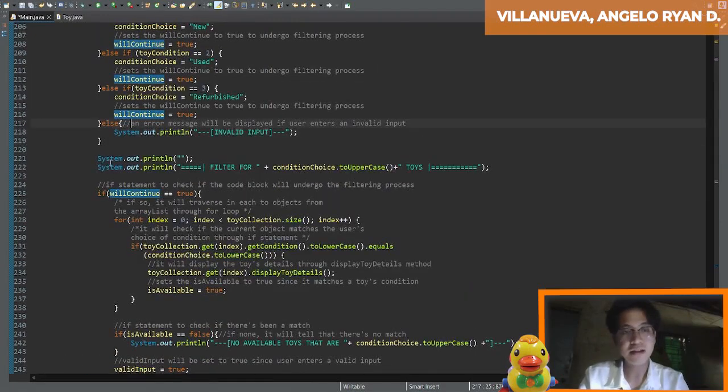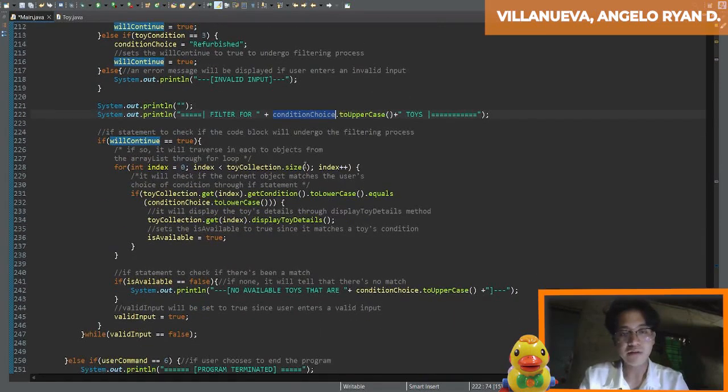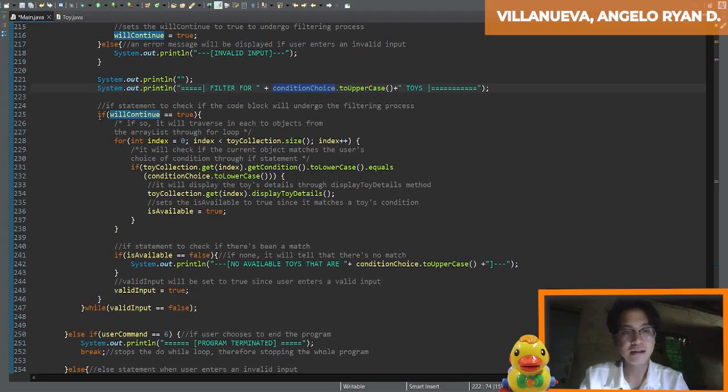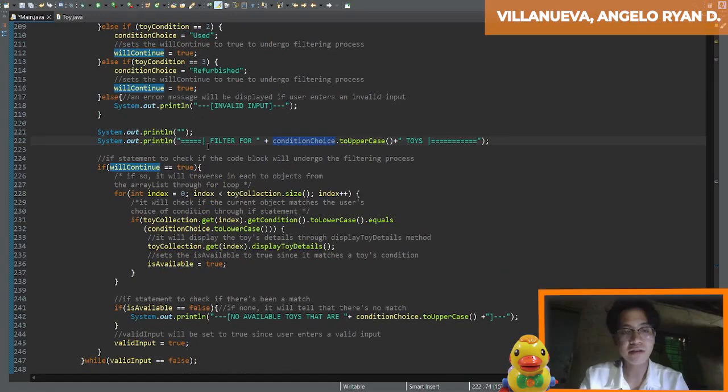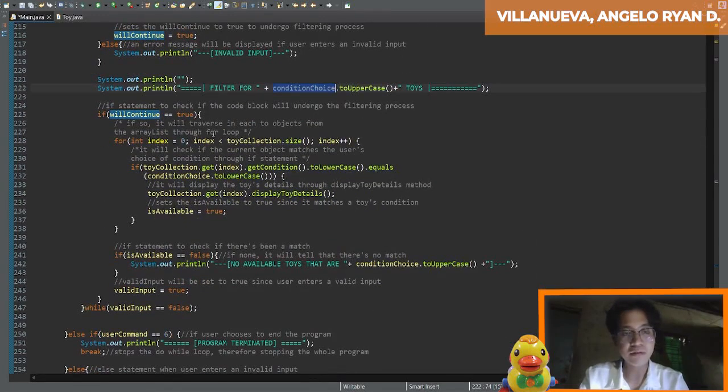After that, it will display the header filter for, and then the condition choice, which is the string variable holding the condition that the user chose to filter. And then after that, it will go through the if statement. If will continue is equal to true, or if the input is valid, it will go through the filtering process.